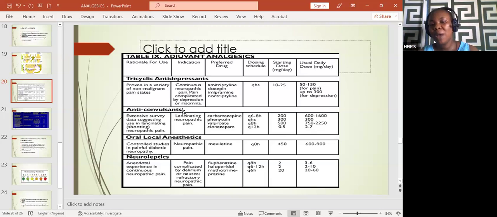So for persons who have this nature of pain and it's gone on for a long time, that's why they wrote lancinating neuropathic pain. The preferred drugs for such persons usually is,